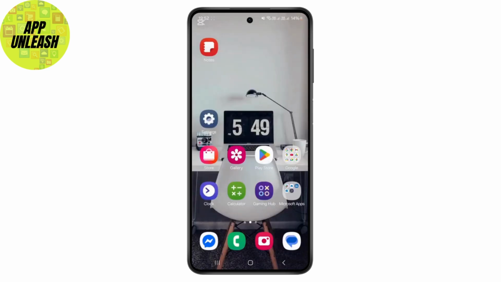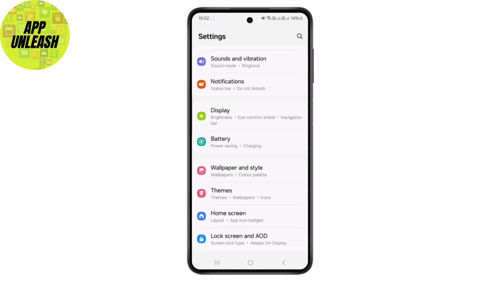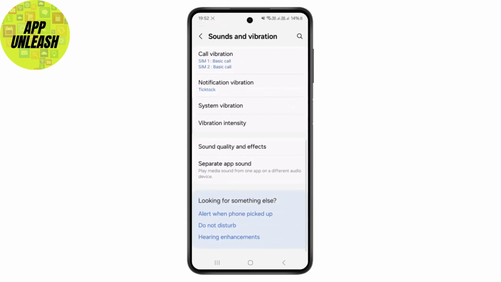So first thing, just head over to your settings, and once you're inside your settings, just search for sounds and vibration and just tap on this. And once you're inside here, just make sure the device on which you are currently playing audio supports Dolby Atmos, and